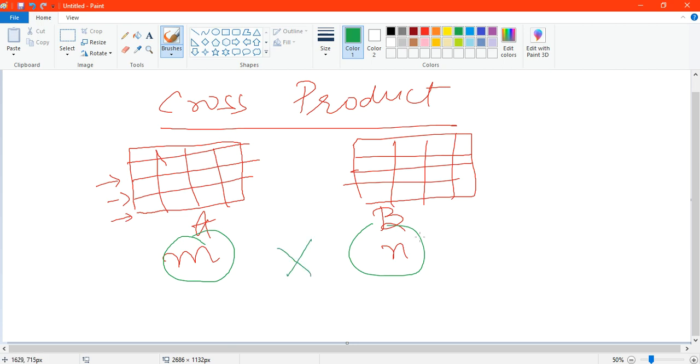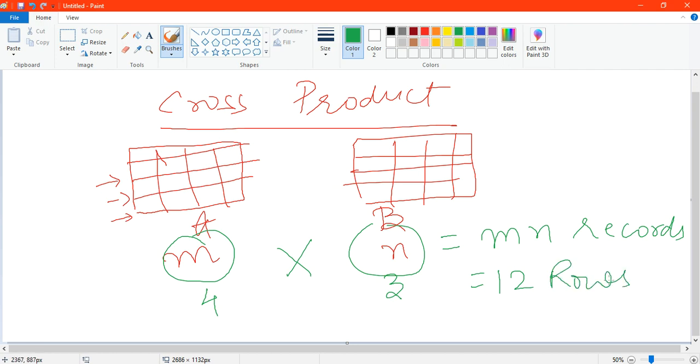When you do cross product, the objective is to combine the records of both tables, so you will get m into n records in total. If 4 rows are present here and 3 rows are present here, then a total of 12 records will be printed in the final result. How is that happening?